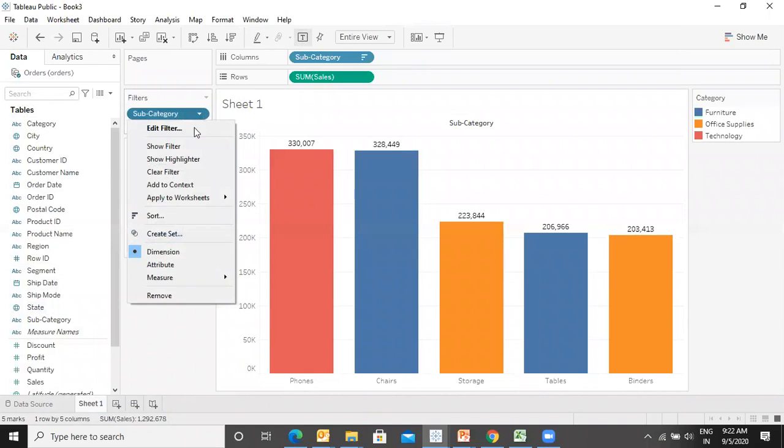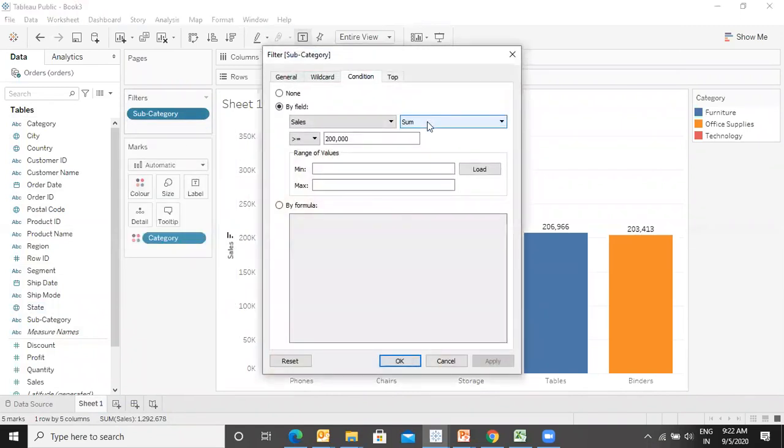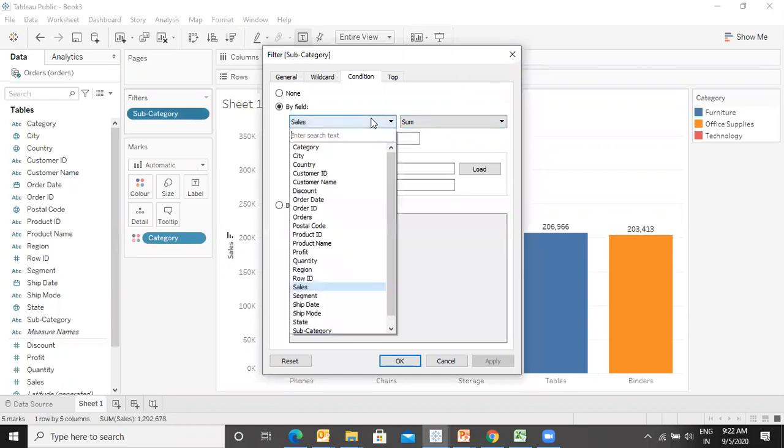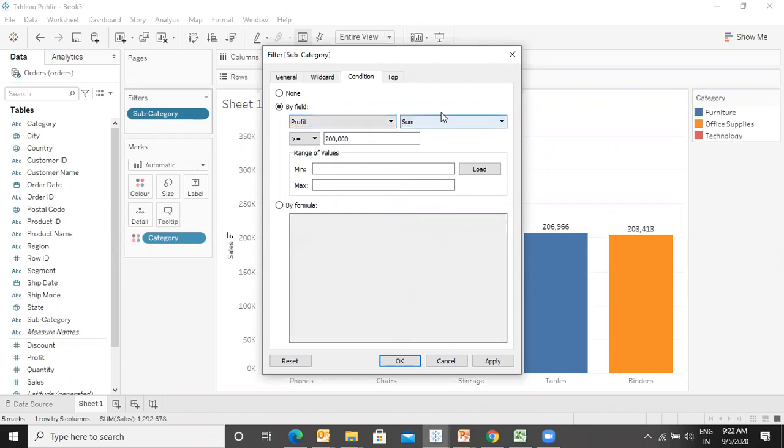Let's click on this and say edit filter. Here it is. You can also see what all the categories are over here. If you want to filter on some other field, you can do so. Let me try to filter it on the basis of, say, sum of profit. Now let's load.